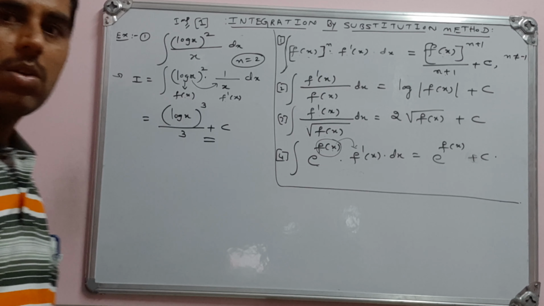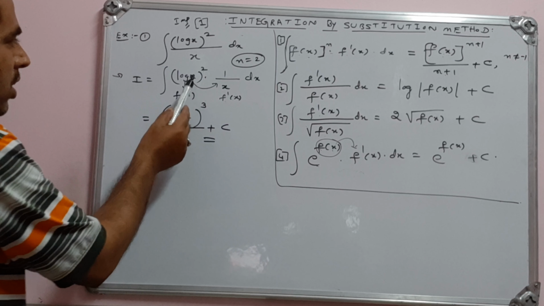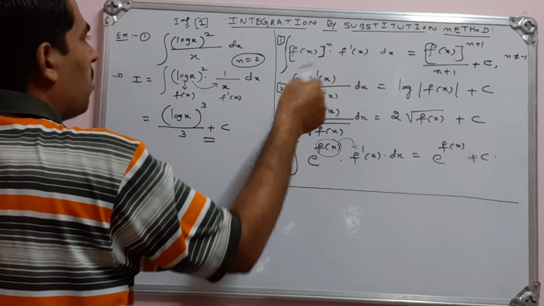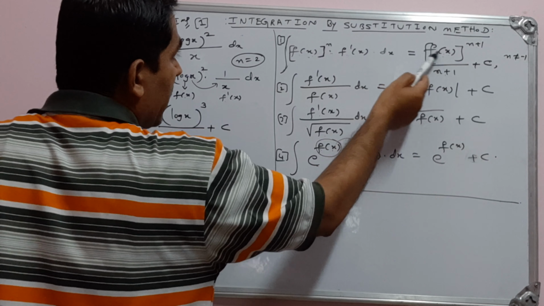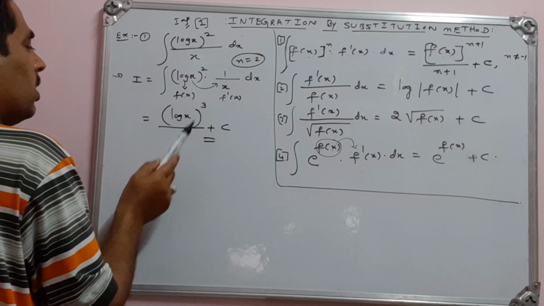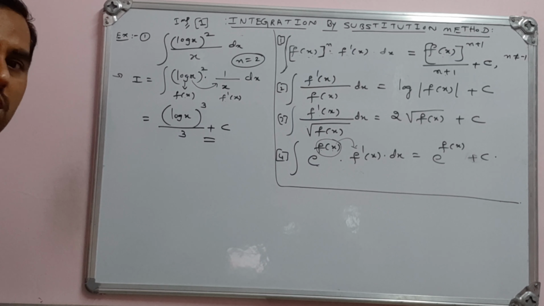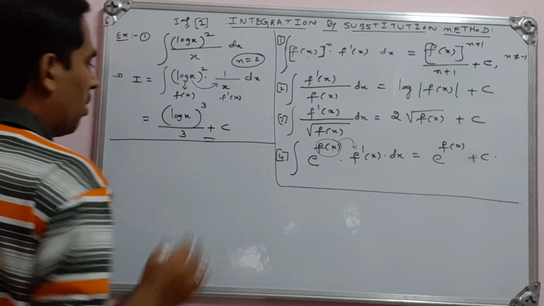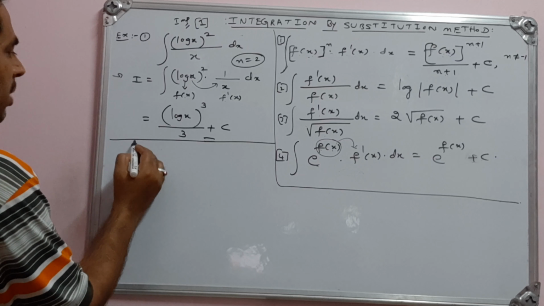Observe this carefully. I hope you got the point. So this integral is exactly in this standard form. That's why I directly wrote f of x whole to the power of n plus 1 divided by n plus 1. See, log x whole to the power of 3 divided by 3 plus c. Answer is over. This is the first method. We can integrate this by using this standard form. See, second method, let me show it here only. So you can do it by any method. If you do it by this method, you have to write this form. We are using this standard form.